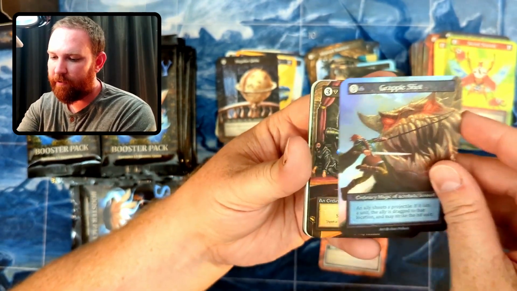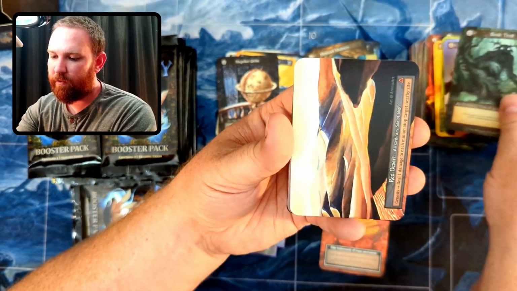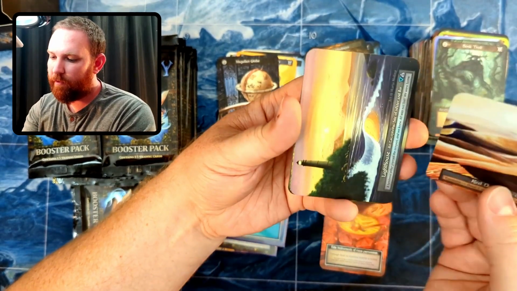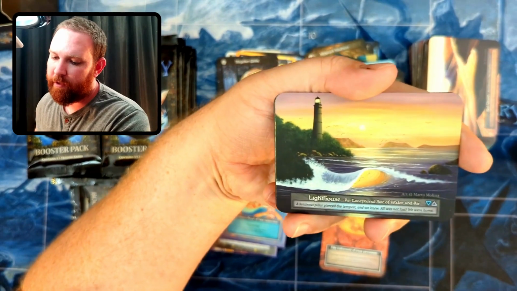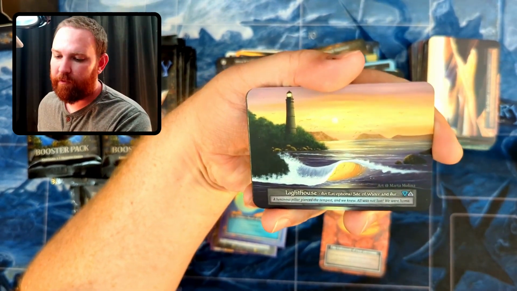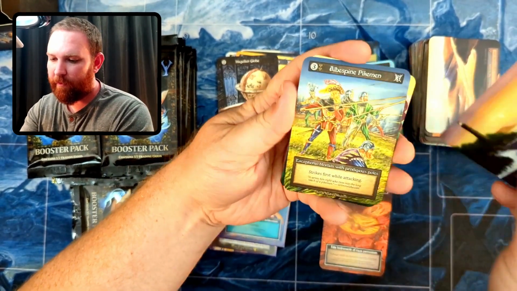Grapple Shot. Mage Slayer. Bosk Troll. A Red Desert. That's still ordinary. The Lighthouse is exceptional. Oh, and this is water and air. Nice. So we're getting the full set of these exceptional sites. And